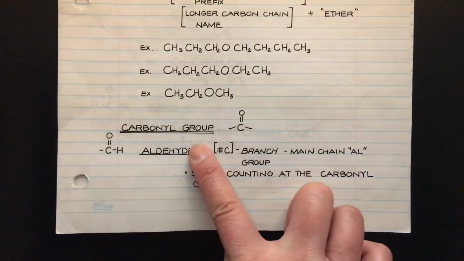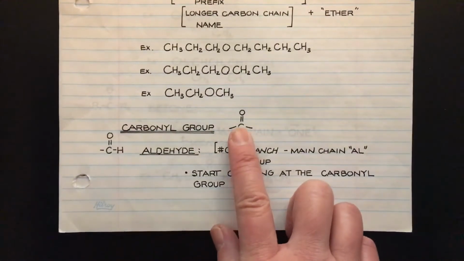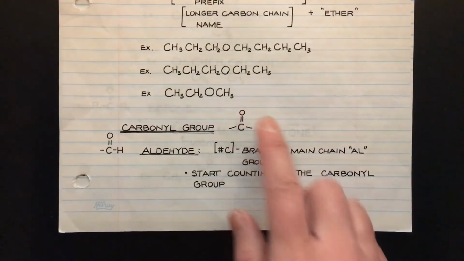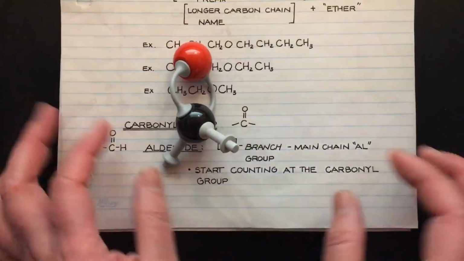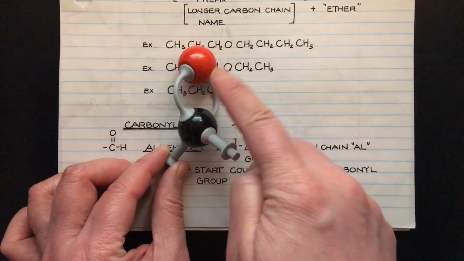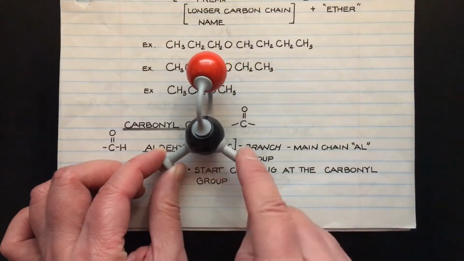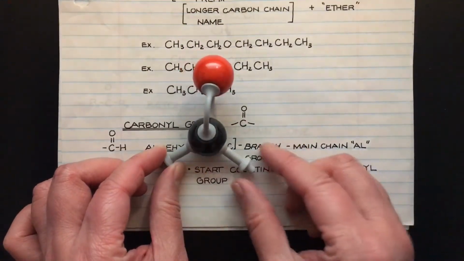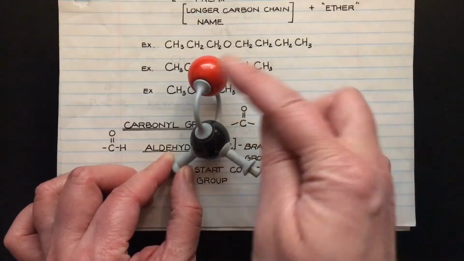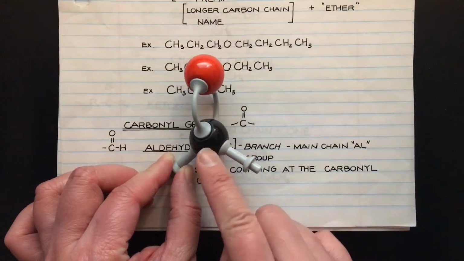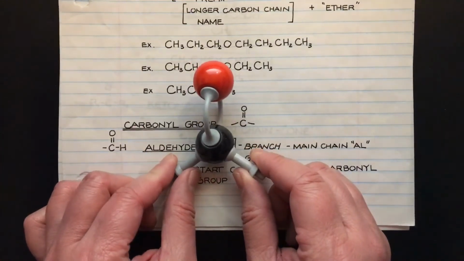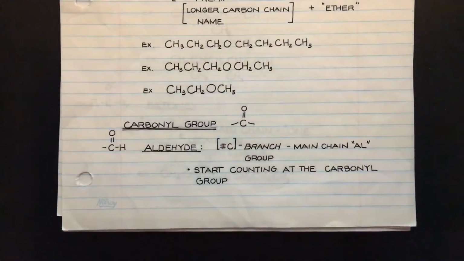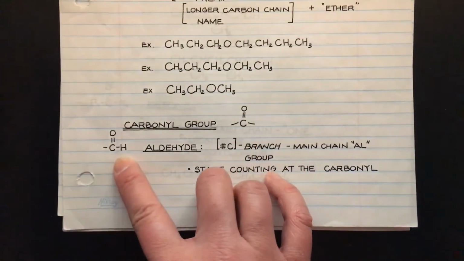Now, what is the carbonyl group? The carbonyl group here is a carbon with a double bond O. So if I was to show you this structure over here, you have essentially this carbon and then you've got your double bond O, and then you've got these 2 bonds that are connected to other things. And so in this case, where this carbon and double bond O lands will then affect what kind of molecule you have. So the very first category that we're taking a look at is this carbonyl group with